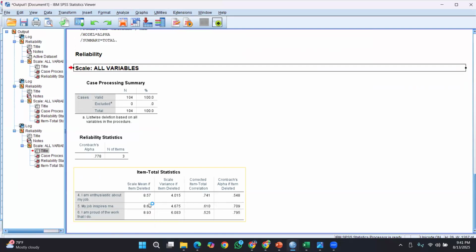Since we accept from 0.6, 0.7 is okay, so no need to go deeper to see which can contribute more. And you can see this is 0.778, but if you remove this one, it will rise to 0.795. From here the value increases, and if that increase is needed, you can do it.